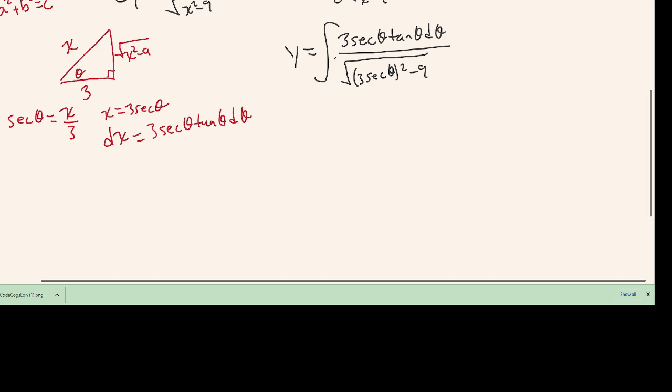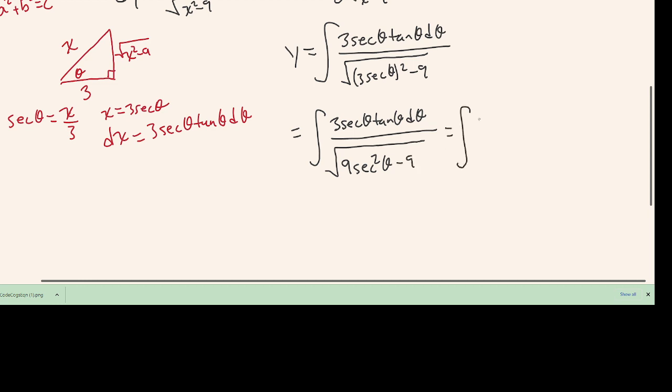Now we can start simplifying this. We can square the inside to get 9 secant squared theta minus 9, which will be equal to the integral of 3 secant theta tangent theta d theta